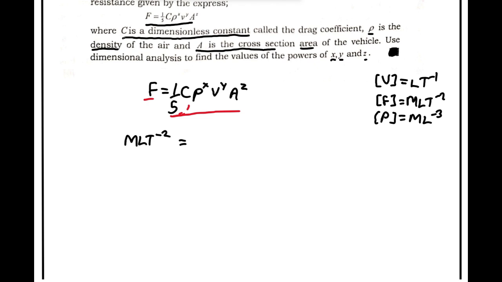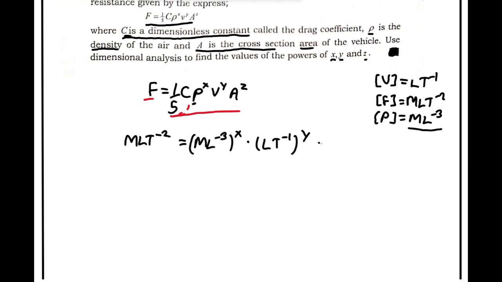That's why this statement was important, that C is a dimensionless constant. So we can ignore 1 over 5 and C. Now, rho to the power x, this one is ML^-3. So we can put it in parentheses, ML^-3, this is to the power x, multiplied by our v, velocity, that's LT^-1